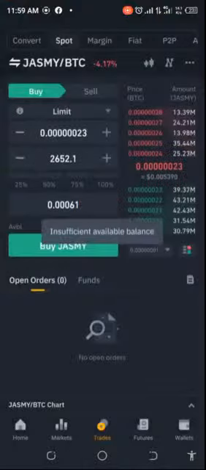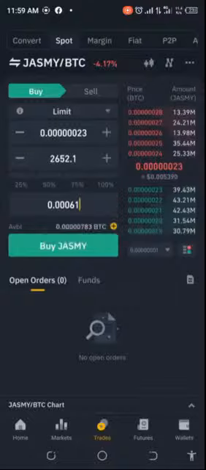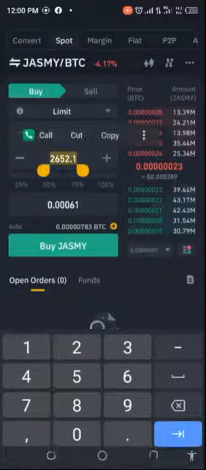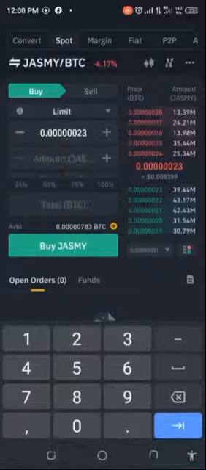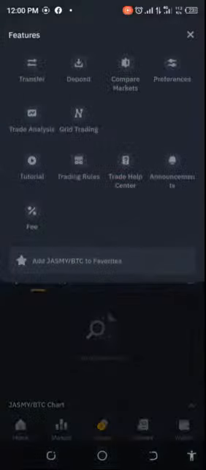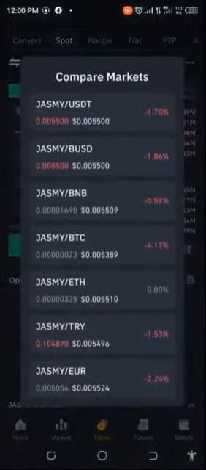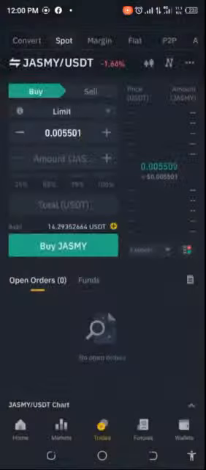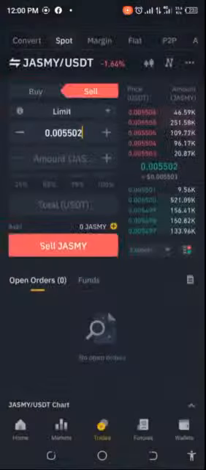We're still simulating right now. So we're going to get 2652. Don't forget charges will be removed, so it's always best that you remove, let's just make this 2649. 2649, 2648, something in that range. Let me just copy that. I'm going to remove the charges. In this simulation, we have to make sure that whatever we get is still as close as possible to what we want. Then we're going to try and sell back to USDT